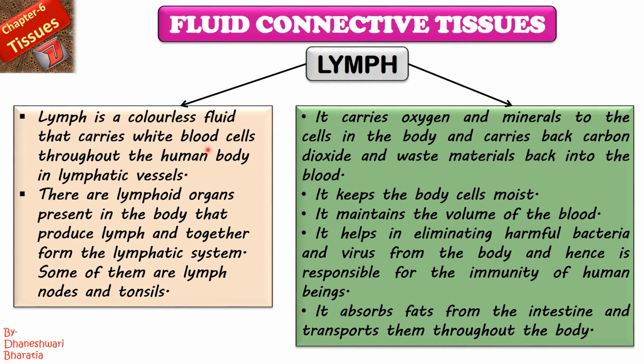In the previous slide we discussed that white blood cells are called soldier cells, right? That is, they are related to the immune system of our body. Am I clear? It also absorbs fats from the intestine and transports them throughout the body. About blood and lymph, in 10th standard you will be learning once again in the transportation system. Hope you have understood what is lymph and what is blood. Okay.